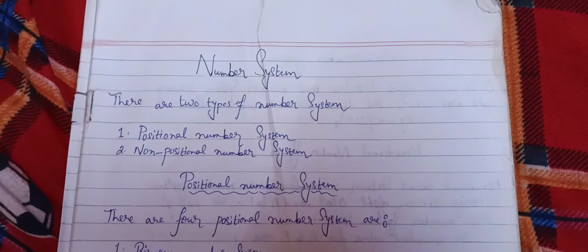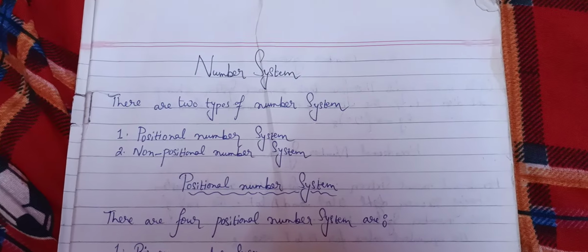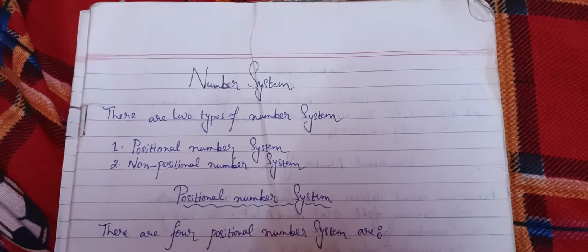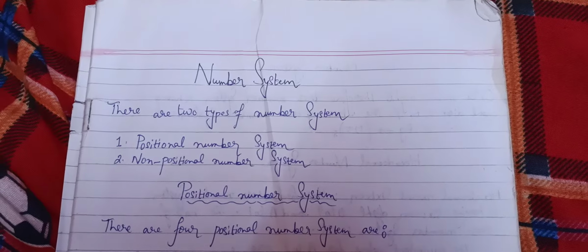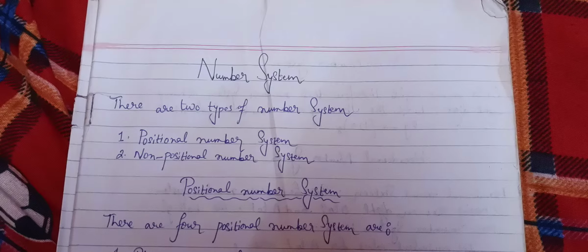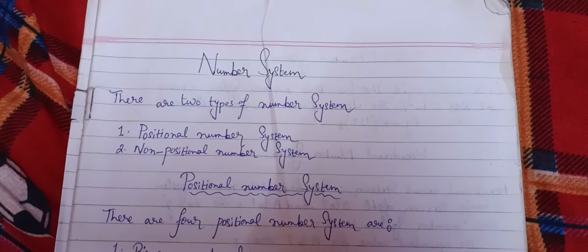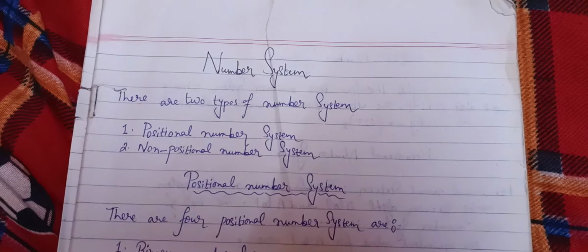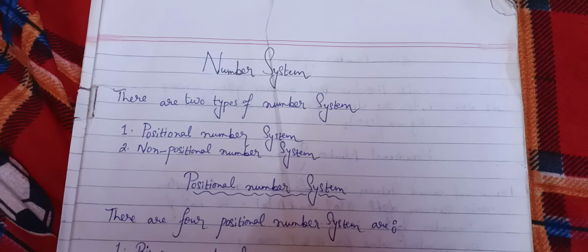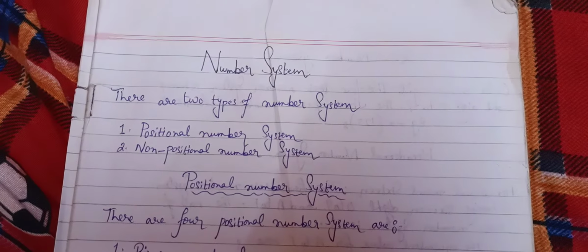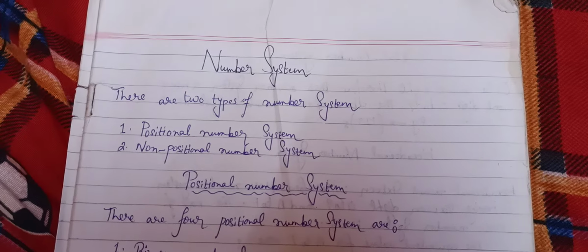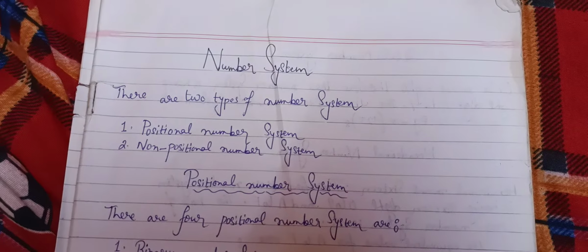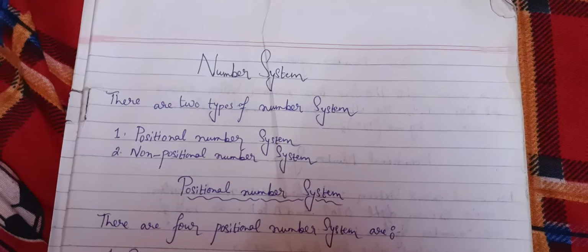So today I will be teaching basically number system. So what is number system basically? Number system is a method of representing numbers on the number line with the help of symbols, and there are certain rules. These symbols range from 0 to 9 and are termed as digits. This number system comprises multiple types based on the base value of the digits.